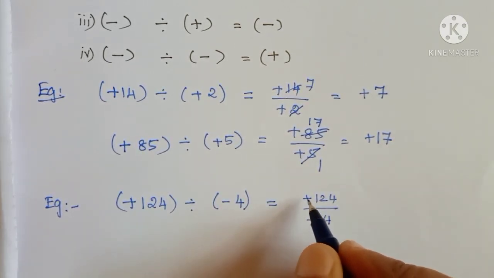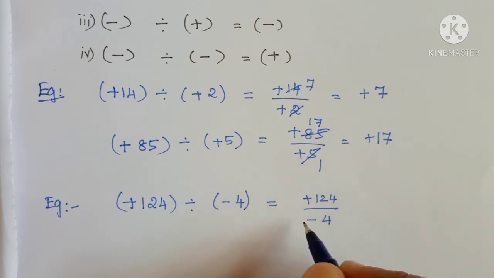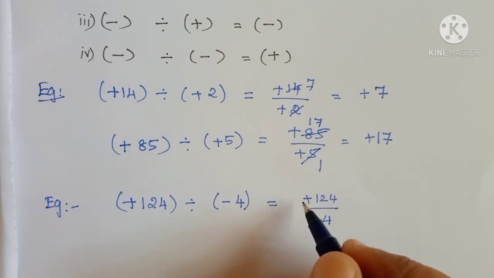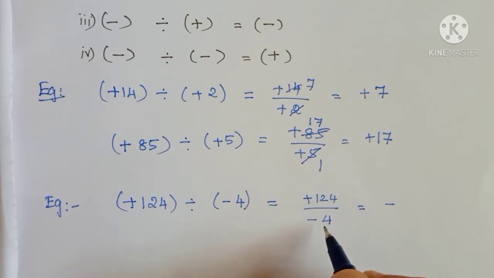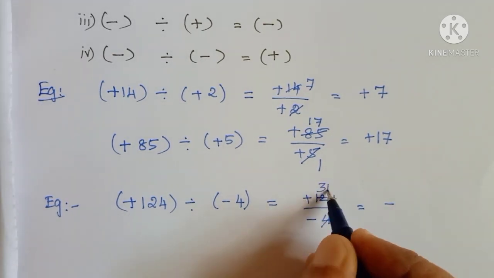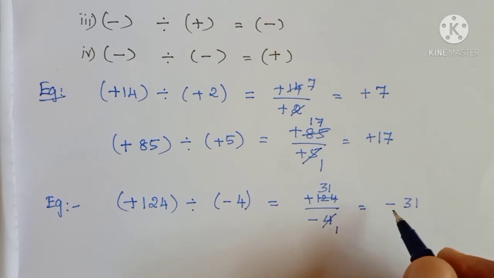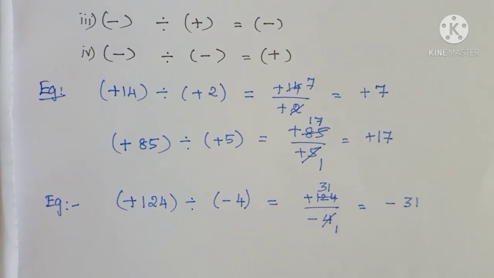Now first you see the sign, plus by minus. Whenever you are using the division or integer concept, first we have to see the sign only. So plus divided by minus, we write minus. Then you see the numbers, whether the two numbers get cancelled or not. We can cancel these two numbers by the table of 4. 4 one time, here 4 threes, here 1 time. So the answer is minus 31. 31 by 1 is 31. So minus 31. So a positive integer divided by a negative integer gives a negative integer. Now we can take one more sum.